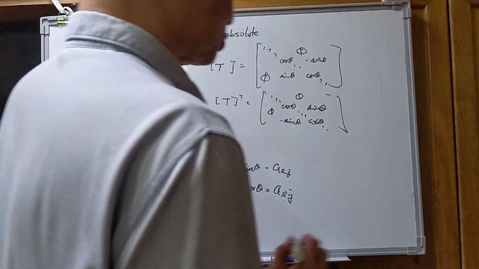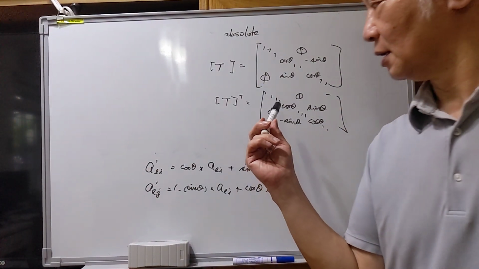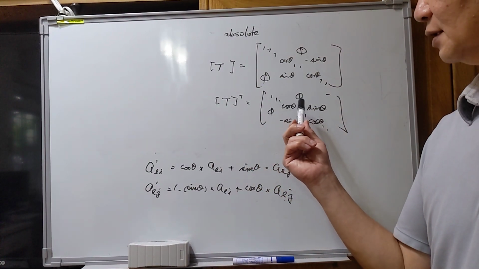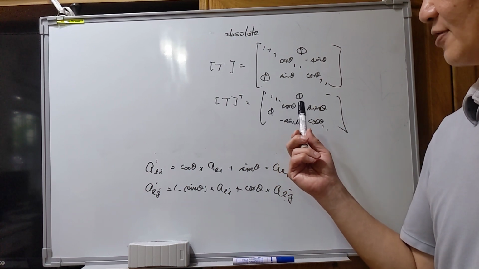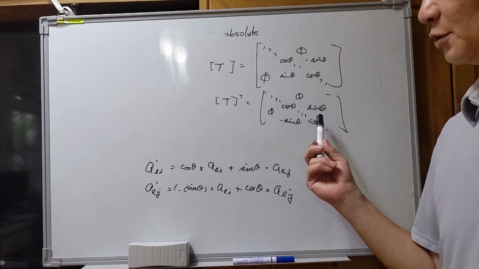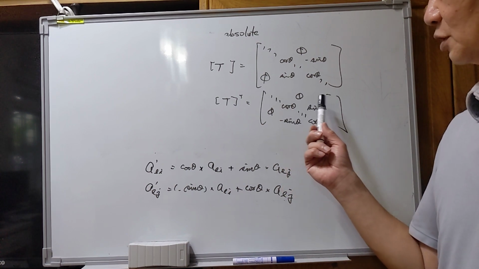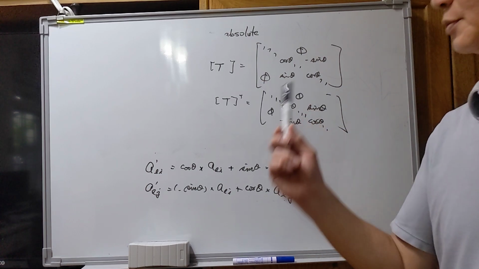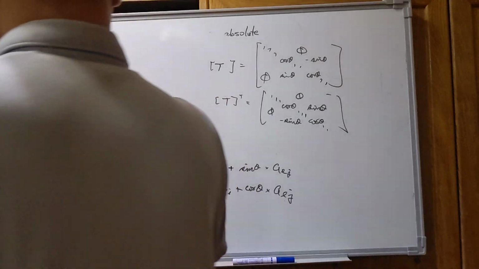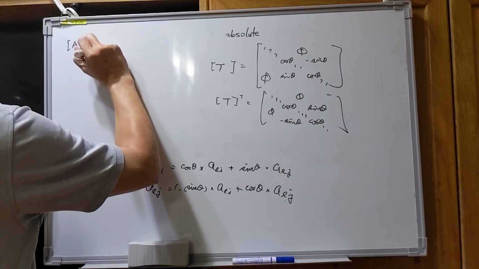Okay, the T transpose: T transpose II is equal to cosine theta. T transpose JJ is equal to cosine theta. And T transpose IJ is equal to sine theta. Okay, and also let's say A double prime is equal to